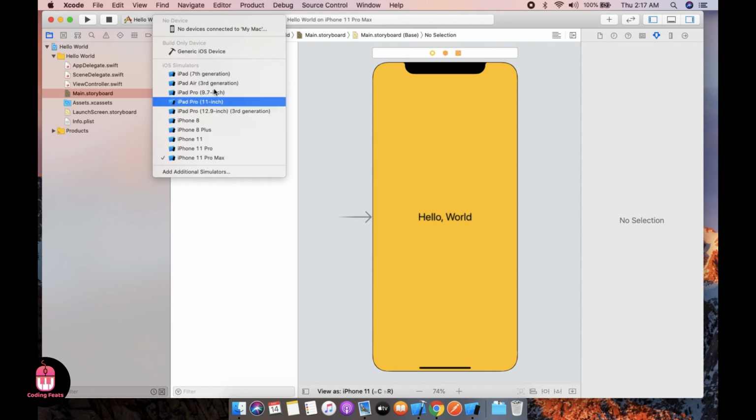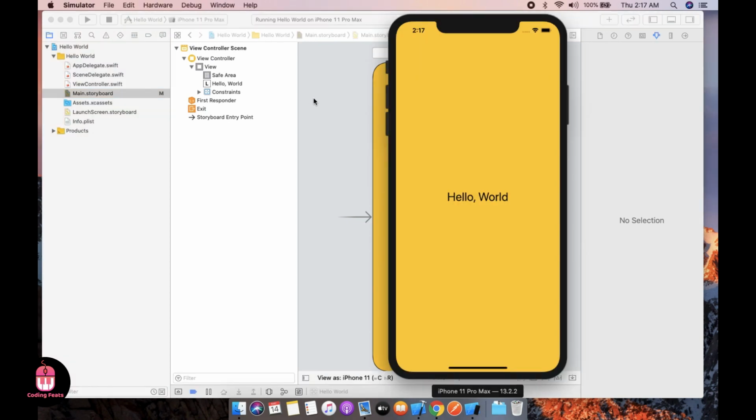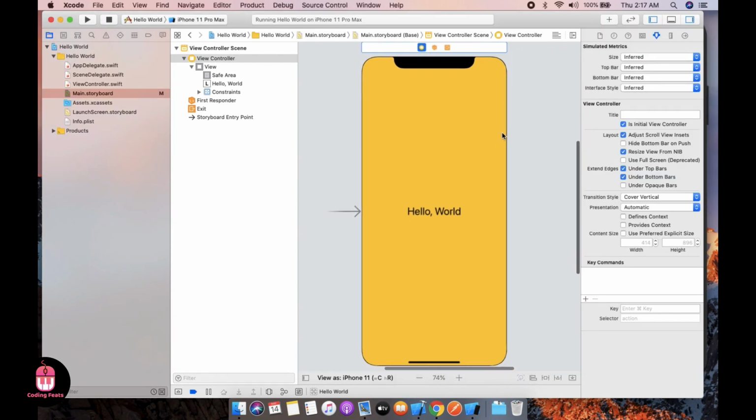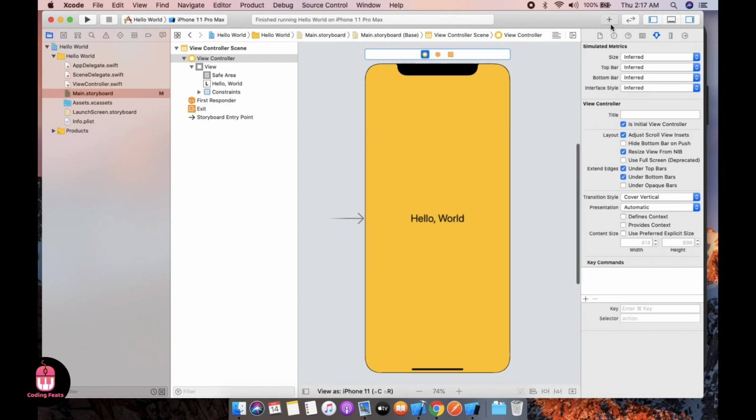And if you have an iPhone, then you can connect it through a cable, and then you will see your iPhone here. So I am choosing iPhone 11 Pro Max, and this is your first application. So now you can stop it.